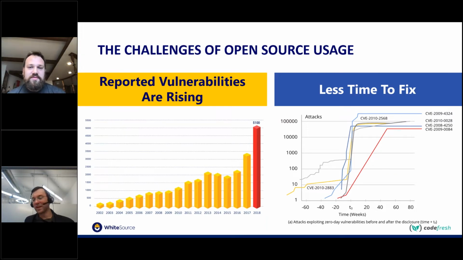Right, and I think we established too, on the right half of this slide, a few of the CVEs and when they started getting exploited. You can see as soon as it's disclosed, made public, that's when everybody attacks it. It's normal. But people aren't disclosing things until they're fixed. And so the fact that the reported vulnerabilities are rising also means there's more fixes out there, mostly in the form of